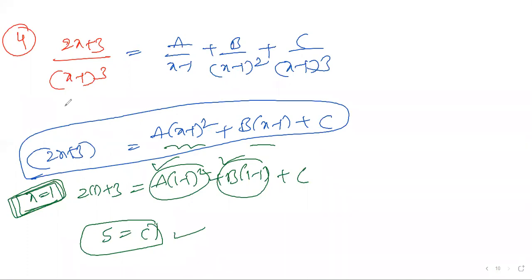So other than this, how to find the rest of the answers, I'll explain the regular process. This was just trial and error, a logical thinking. I'll try to explain how to find the rest of the things by taking this question. I'll expand it. On the next page, 2x plus 3 here.